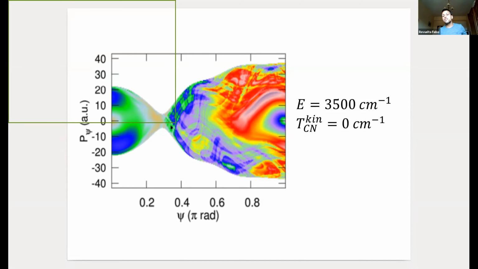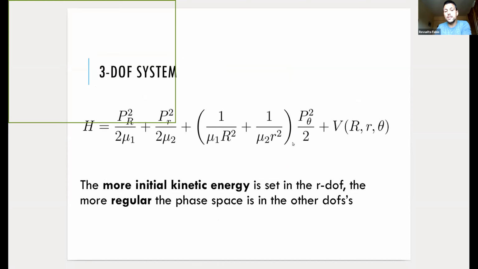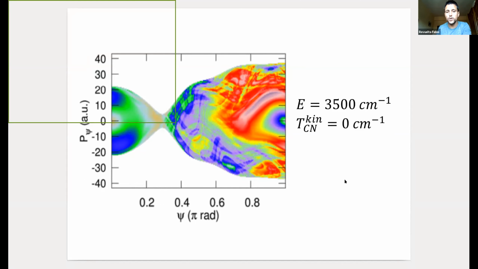And what happens is that we have a very similar situation to the one that we had observed for 2 degrees of freedom. So at the beginning, we include no kinetic energy. We have that this initial energy goes all to the r and theta degrees of freedom. So we have a very similar plot to the one I showed you at the beginning. Again, the motion is 3D because we have this term here that couples all the 3 degrees of freedom and also the potential energy. But this coupling for r is not so important.